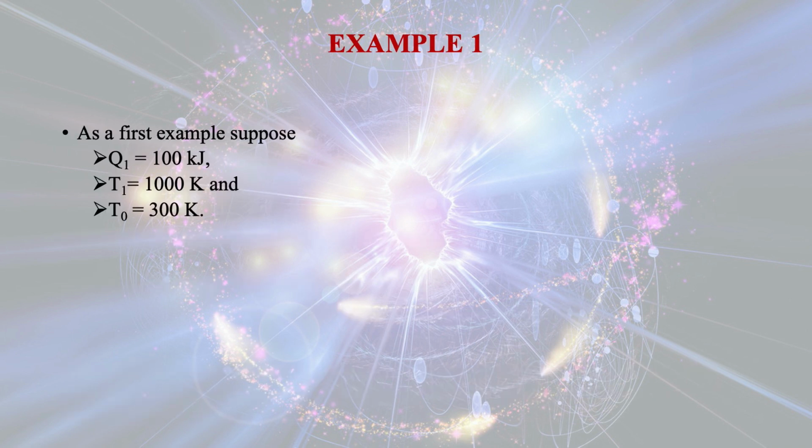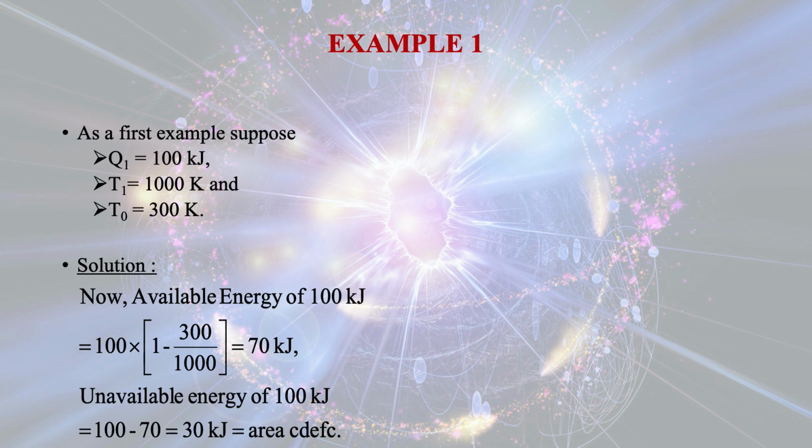As a first example, suppose Q1 is equal to 100 kilojoule, temperature T1 is 1000 Kelvin and T0 is equal to 300 Kelvin. For this particular case, we can also calculate the Carnot efficiency, that is equal to 1 minus T0 by T1. So from here we can easily calculate this, and we can also calculate the available energy of 100 kilojoule,